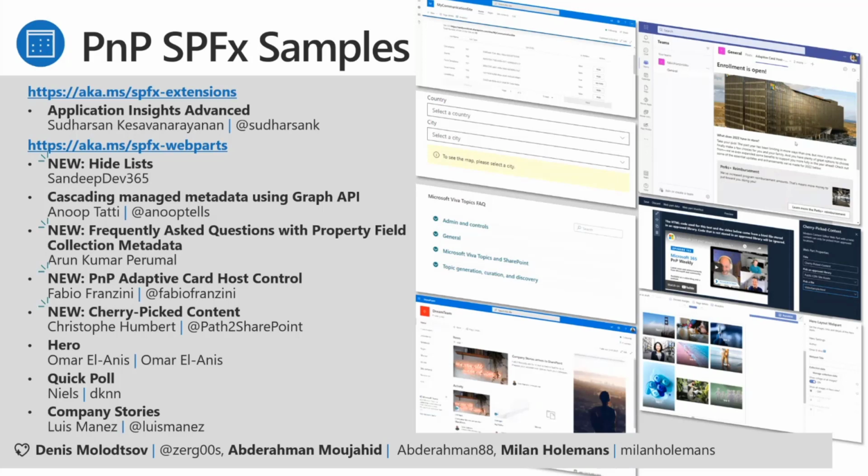We have a new cherry-pick content web part by Christophe. Cherry-pick content, if you remember the good old content editor web part, one of the reasons why this web part is not as readily available in the current platform is that it was easy for anyone to go in and put some script in there that could have malicious results. So Christophe's brilliant idea was, what if we had the same web part, but the only way to call script would be if the script had come from an approved source of scripts, a library or libraries that allows you to curate the list of scripts that you can use. And that's really what this web part does.